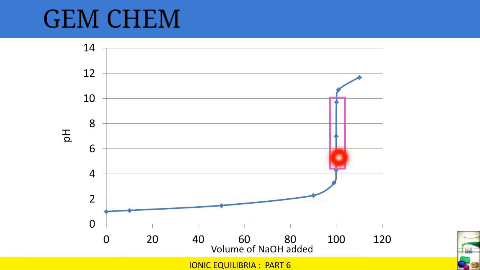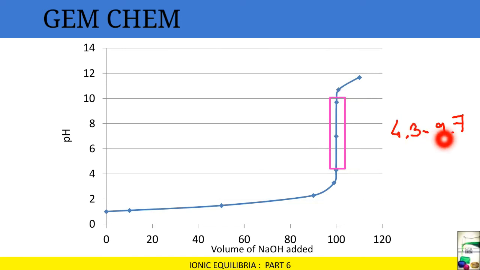Okay, so let us see the sharp rise. The sharp rise takes place in this case, and this pH range is from 4.3 to 9.7. Okay, this pH range is important. If we consider this pH range, then any indicator which changes color below 4.3 would indicate the equivalence point, that is the point of neutralization, much earlier, and similarly an indicator changing color above 9.7 would show over titration. So what are the indicators which can be chiefly used in this range, that is 4.3 to 9.7?